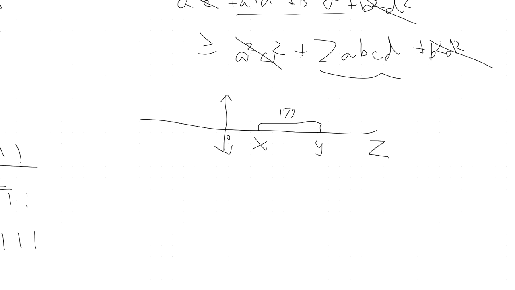Okay, so here then, for example, in this graph right here that I drew, the absolute value of x minus z would be equal to the absolute value of x minus y plus the absolute value of y minus z. And then we can set variables or substitute the absolute value of x minus y to be